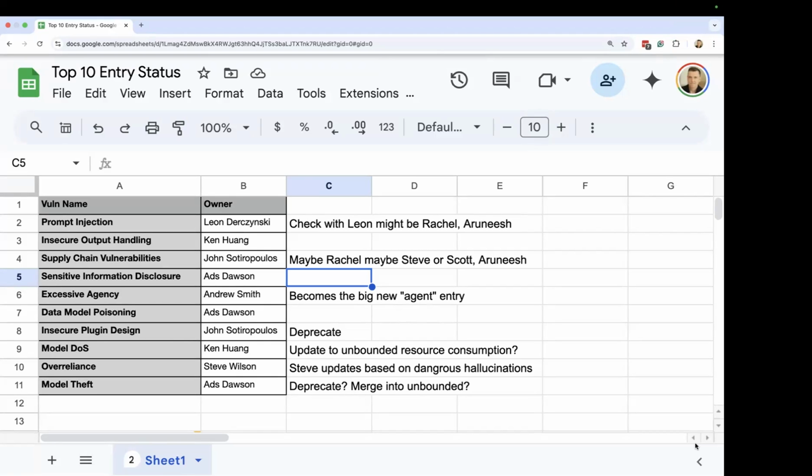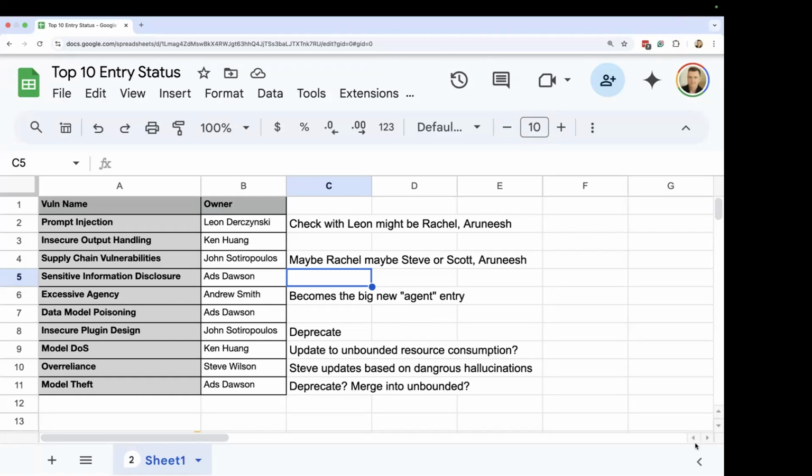Yeah, sure. So my understanding of the plan is kind of as you've described there. So we augment excessive agency a little further with a bit more of a point towards some of the agent behavior, and we deprecate insecure plugin design. There's always been quite an overlap between those 2 things, and I don't think it makes sense to have 2 separate items where we can build that out into one.